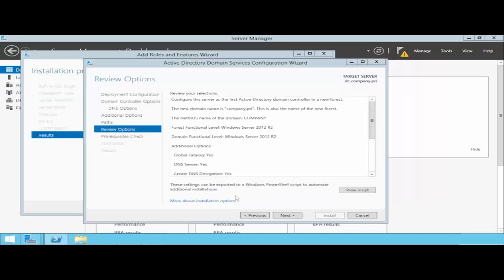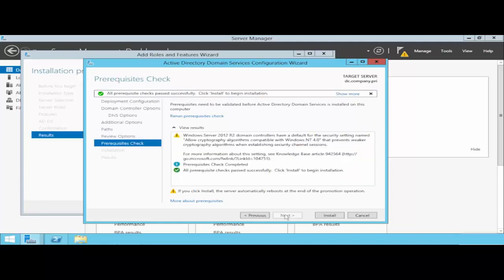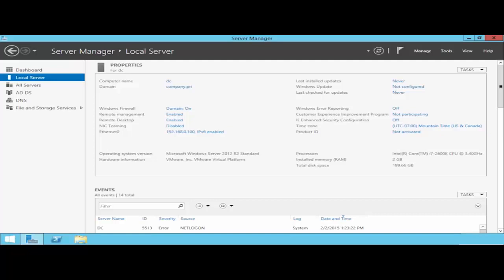For our purposes here, let's go through and hit the next button and then allow our prerequisites check to complete so that we can go about the installation of Active Directory Domain Services onto this machine DC. Looks like all of our prerequisite checks completed successfully, so I'll click the Install button to begin the installation of Active Directory. And then finally, thanks to the magic of video editing, I can accelerate us to the completion of